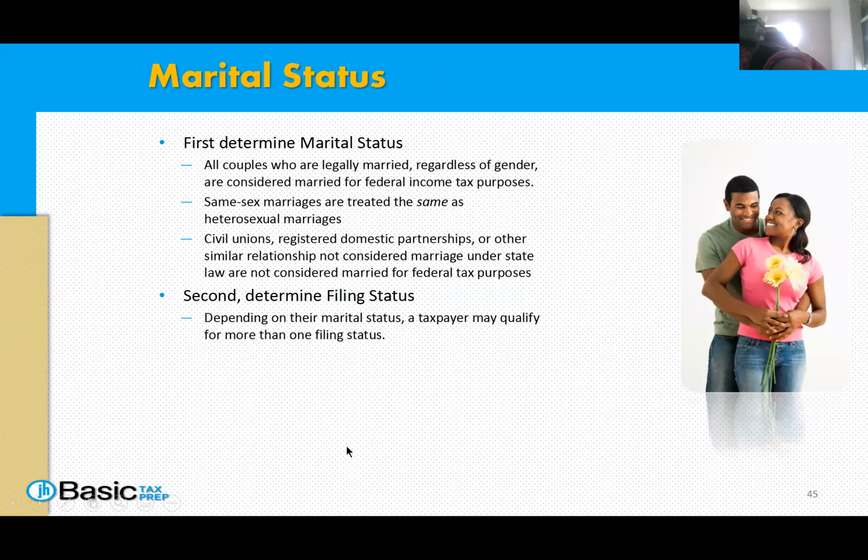Okay. First, determine their marital status. And by marital status, that means actually know, are they really married? Not just do they say they're married. That means they have legally filed a marriage. And that means a same-sex marriage, a heterosexual marriage, a normal marriage, or if they are just a civil union, because those are really different. Remember it. A civil union or domestic partnership is different than being legally married, because that's really important. Living together, even if they've been living together since the beginning of time, does not count.